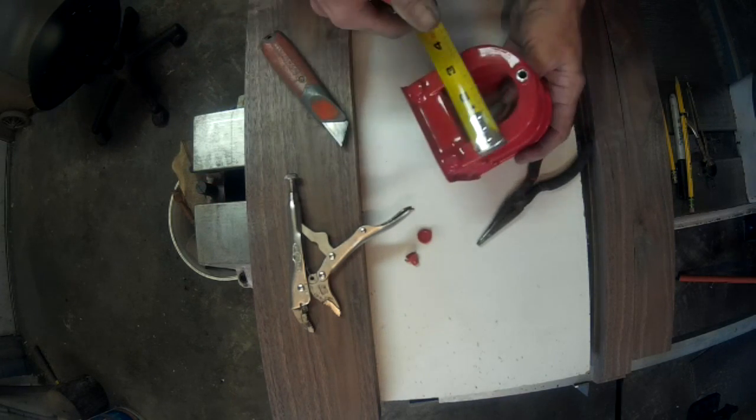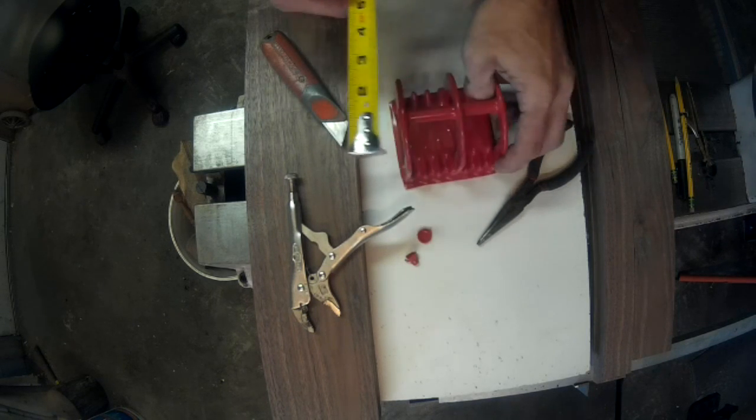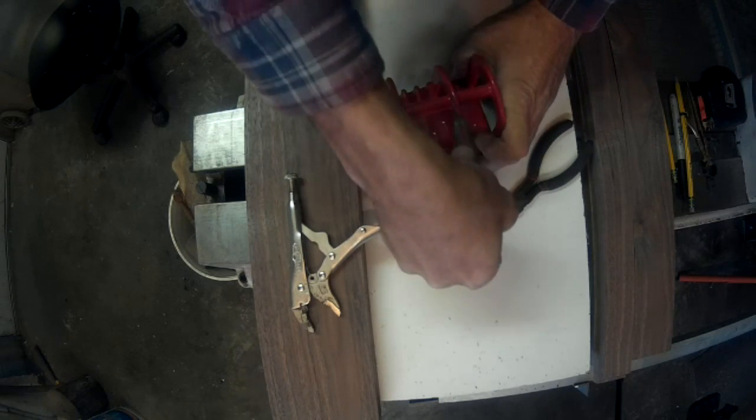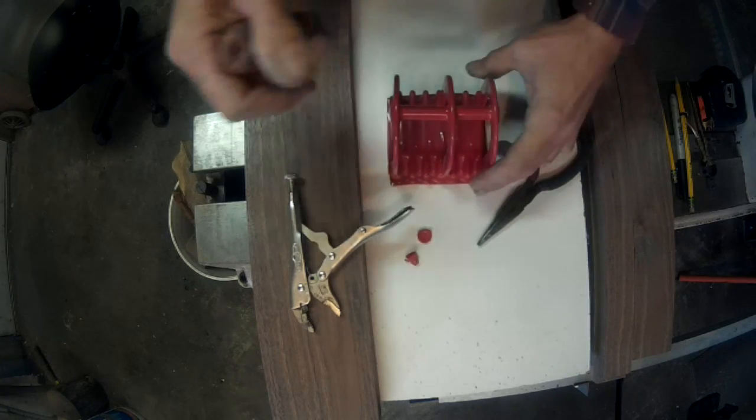And then your width across here is just a little over 3 1/4, 3 3/8. That'll come into play here in a minute, but we're going to take the 1.5 inch spacing out. This side is smaller, I'm sure you can see that on the camera, but